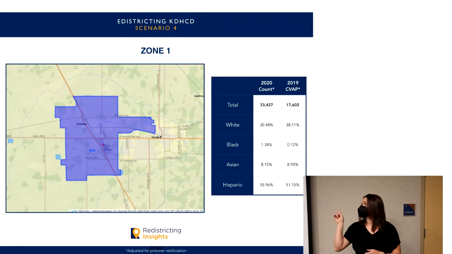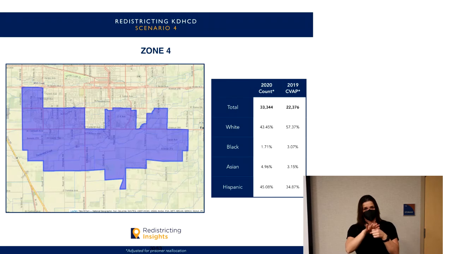And then we have this final district here for this scenario, District 4, taking up the southern part of Visalia, 0.68% deviation, 34.87% Hispanic CVAP. Takes in most of the southern portion. You can see it has a little bit of Judson population where it reaches up to get the population it needs and cuts down to give up the population it needs as well. Any questions or comments on scenario 4?